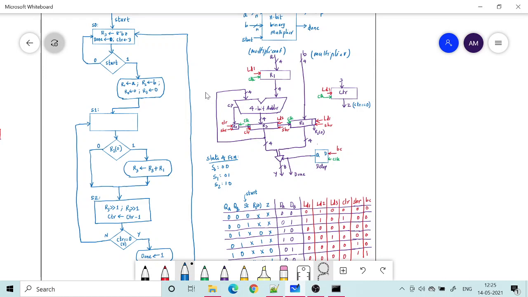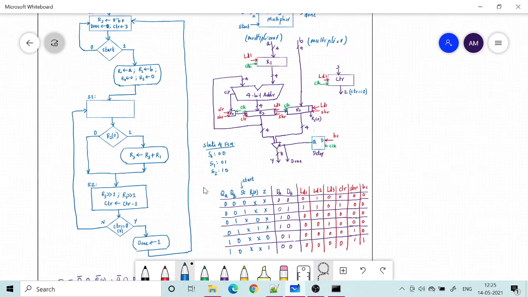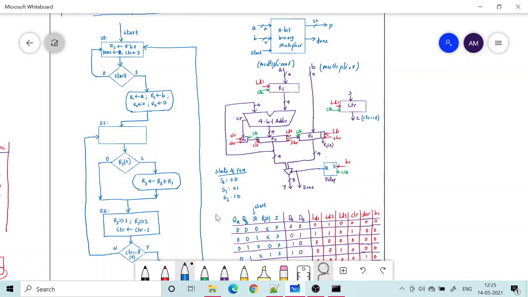So I have to design now the controller for it. So the ASM chart, if you look at, you can see that state 0 is where I am loading. State 0 means it's an idle state. When I am in idle state, my output, my Y, so Y is one of the outputs, should be high impedance, and my done should also be 0. So that should be when I am in idle state.